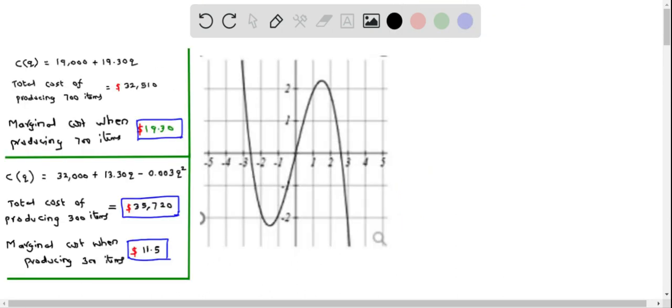We now determine the increasing and decreasing intervals from the graph of the function. So we can see that the function is increasing starting from this point. It increases till it reaches this point. So it looks like this point is x equal to negative 1.5. So we can see that starting from negative 1.5 to this one, which is between 1 and 2, that is a positive 1.5. So this is the increasing interval,